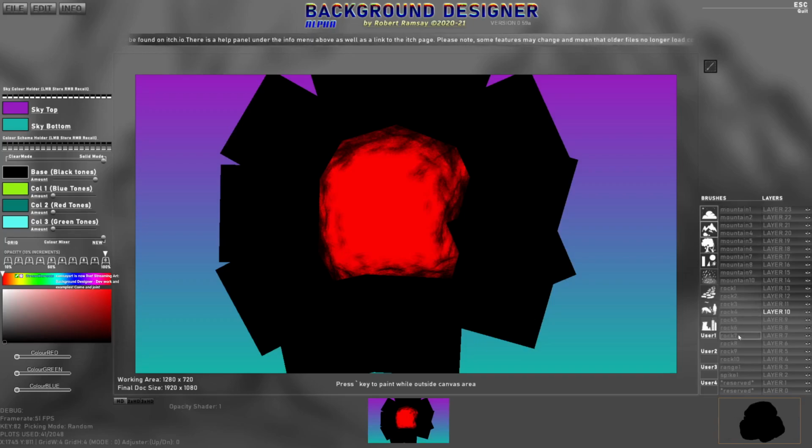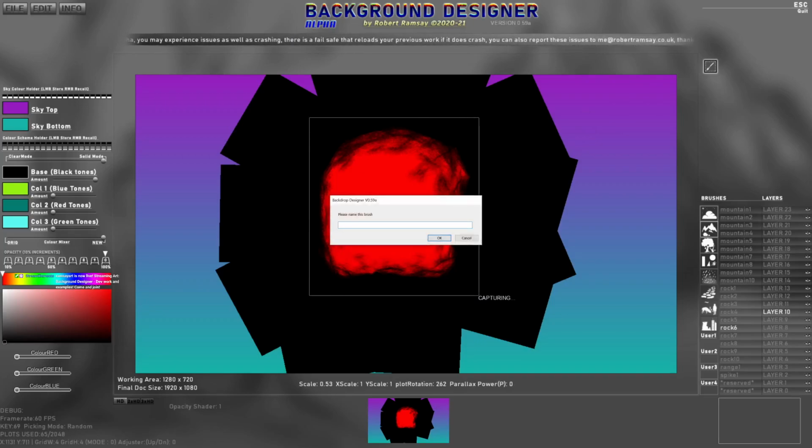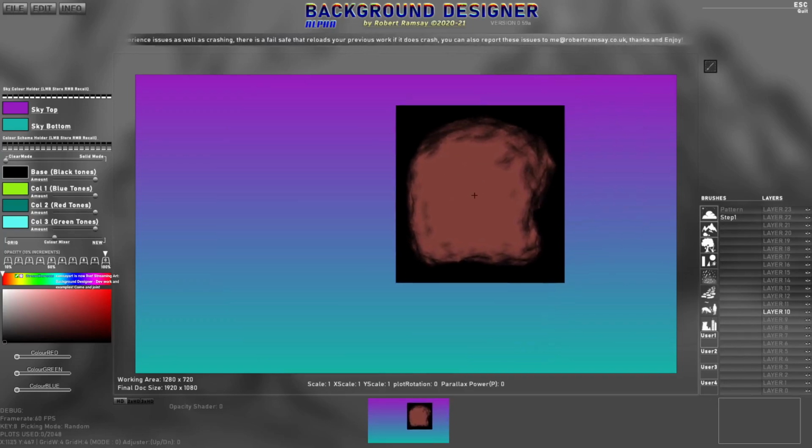We've got some rock we could totally use. Get rid of these harsh edges. Right, and then I'm just going to grab that. So use the grab tool, grab over there, call this step 1, and get rid of these steps, backspace everything,